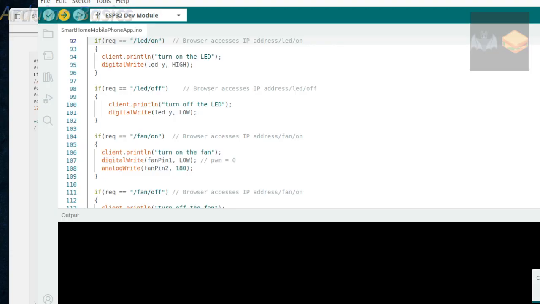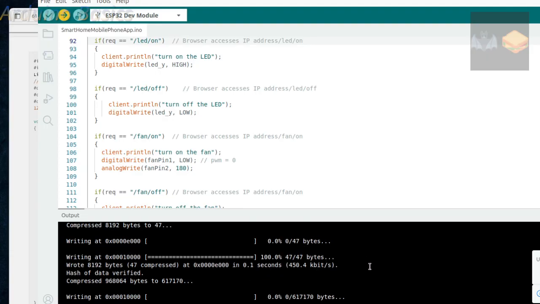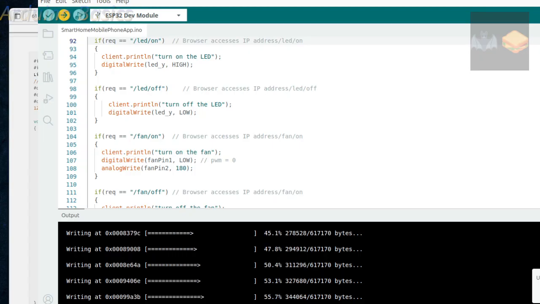And this is a big sketch, so it seems like it's taking a little bit longer to compile. Yeah, so far so good. We're loading up the I2C liquid crystal. It's taking a little while. No errors. Okay, everything's running. Das ist gut. Okay, so